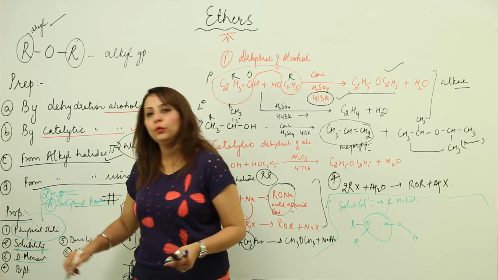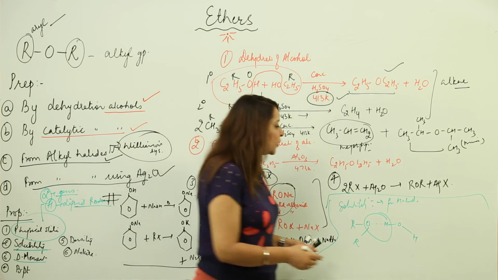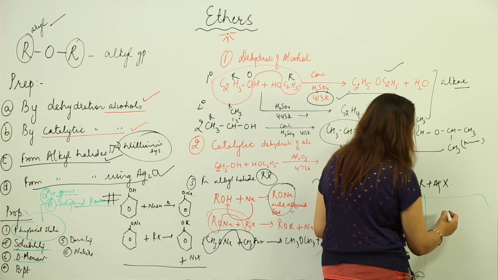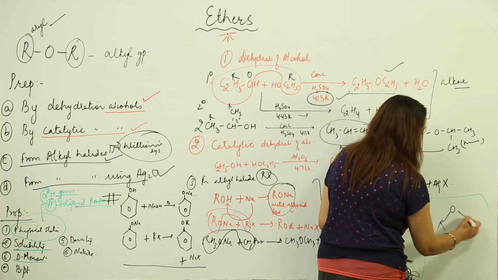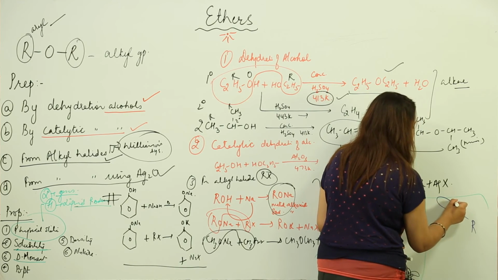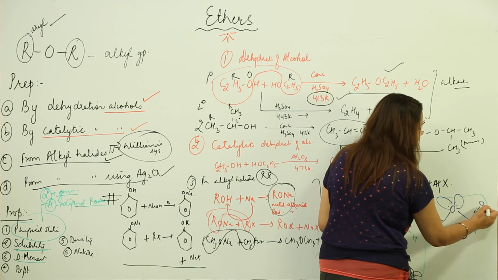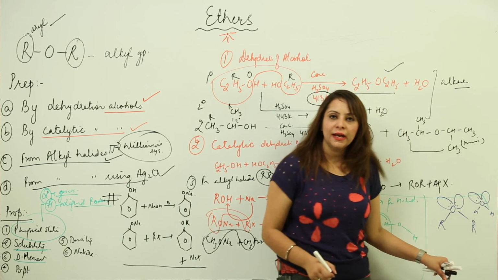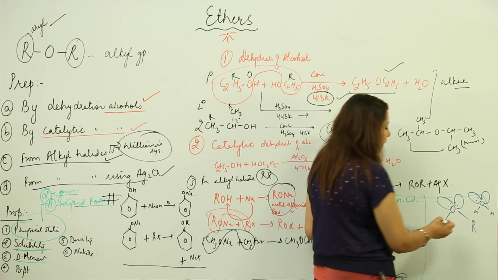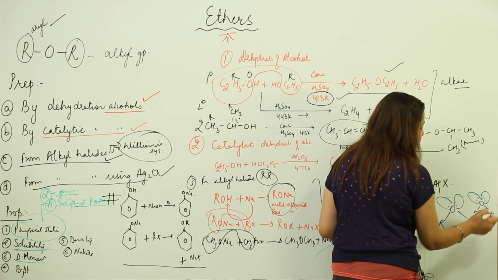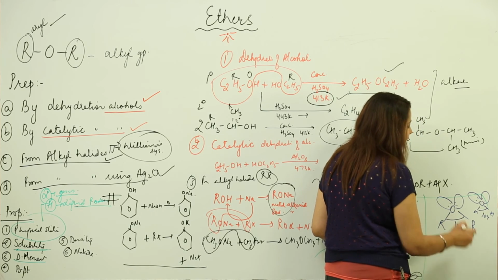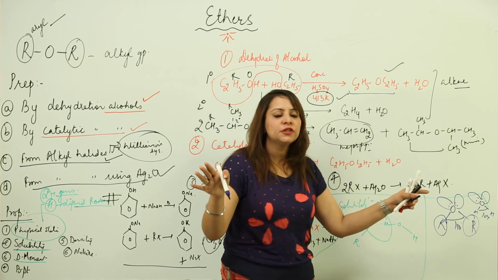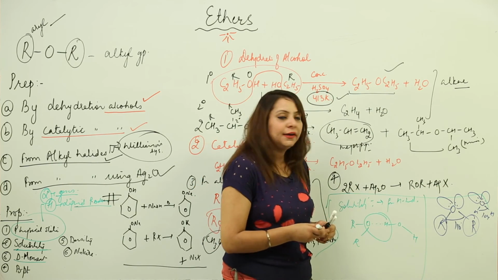Third is the dipole moment. It is a polar molecule. So if we look at its structure, what kind of structure does it possess? It possesses a structure like water with two lone pairs. As we know, water has a structure like this, we have already done it in chemical bonding as well. Likewise ether has the structure, but here the angle is 104 degrees for water, while for ether the angle is about 110 degrees. The reason being more repulsion between the alkyl groups. So they split away and the angle is 110 degrees.